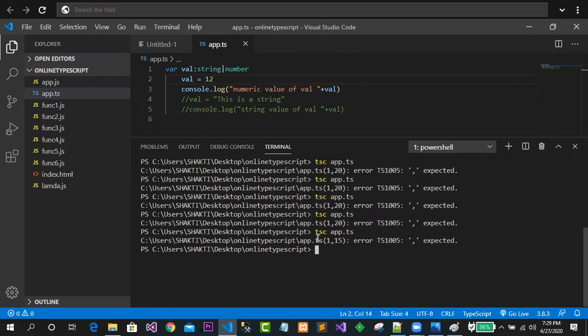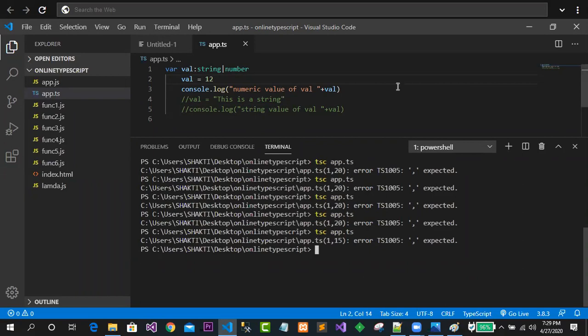What kind of error is this? It is telling "comma expected." So where have we left a comma over here? Any idea, guys, from your side? Have we left anything else? Is there anything that we have gone through?